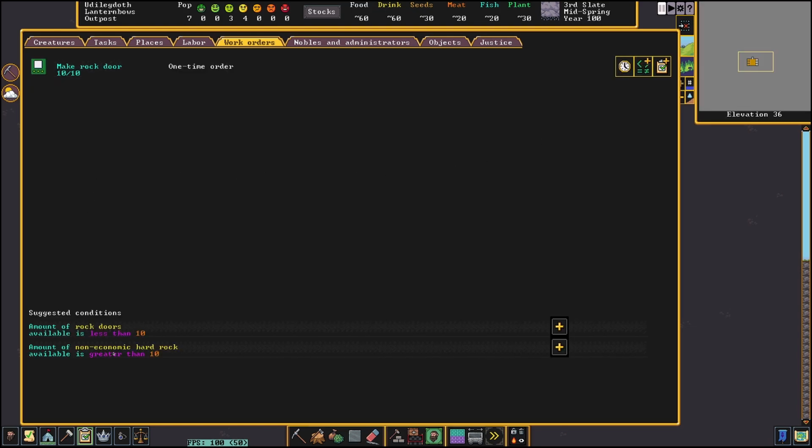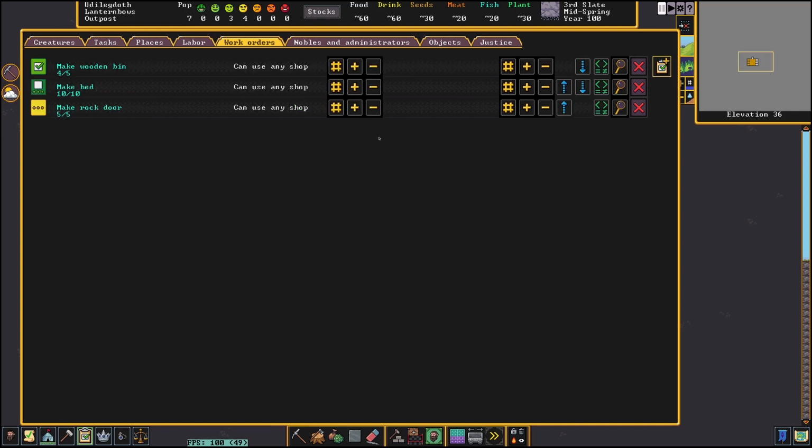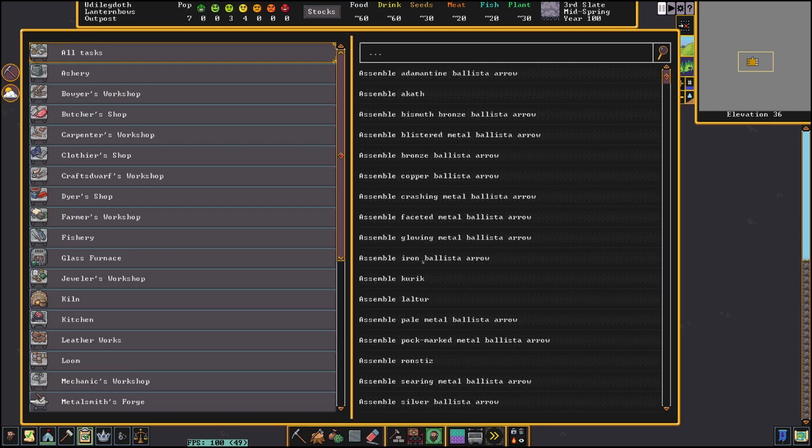Well, no, because I am going to want doors out and about. So let's say make me, I'm going to want like 5 doors or something like that. I'm going to knock that down to 1. So if we have less than 10 rock doors, I want 5 doors made. Please and thank you. So these will be run every day by your manager. And as of right now, he doesn't need an office, but he will need one eventually. So we've got the beds, we've got the doors,